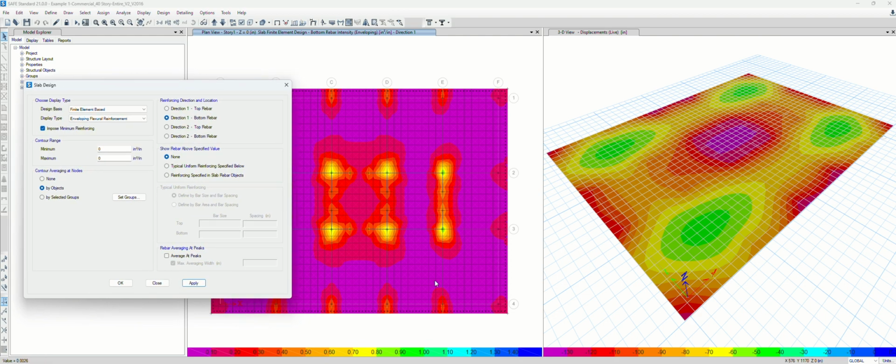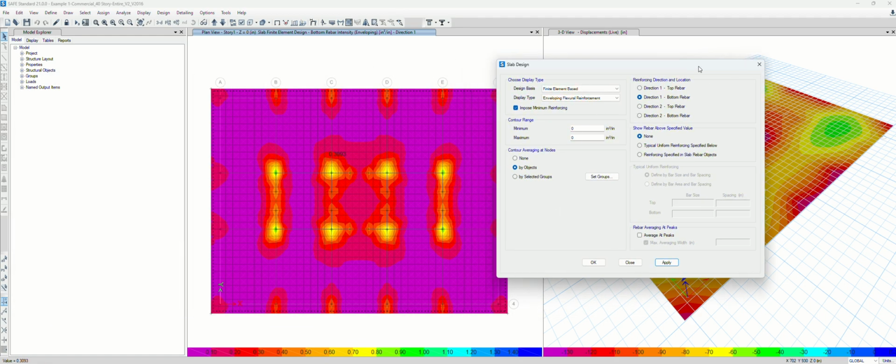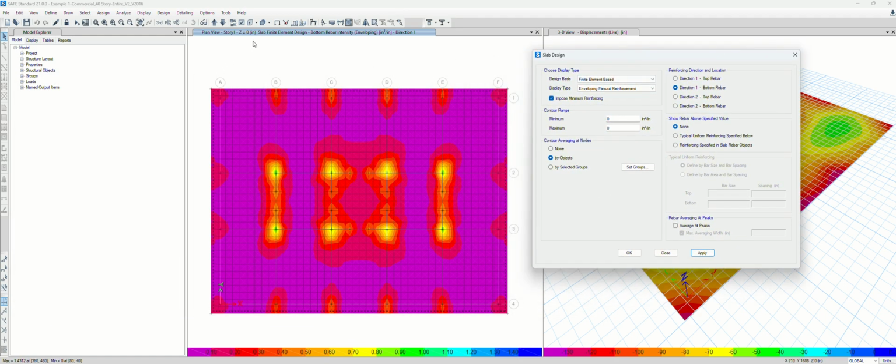So they're using the contour, and show the required rebar, bottom bar area intensity, in square inches per foot. So this is something that we can use, but usually I prefer to use